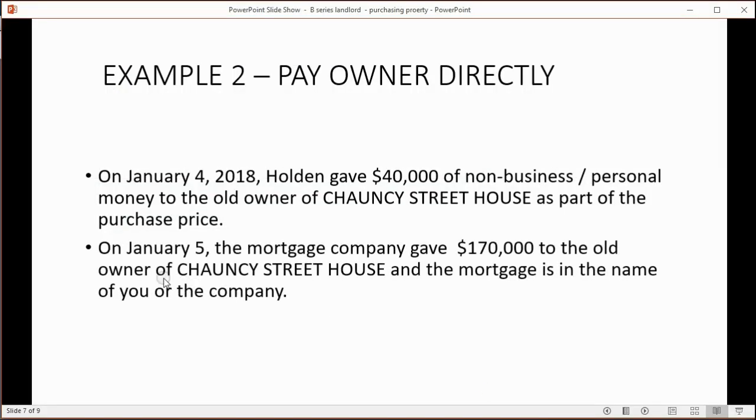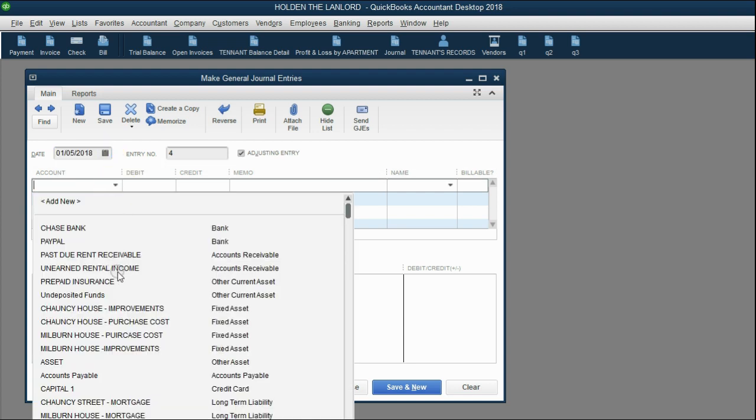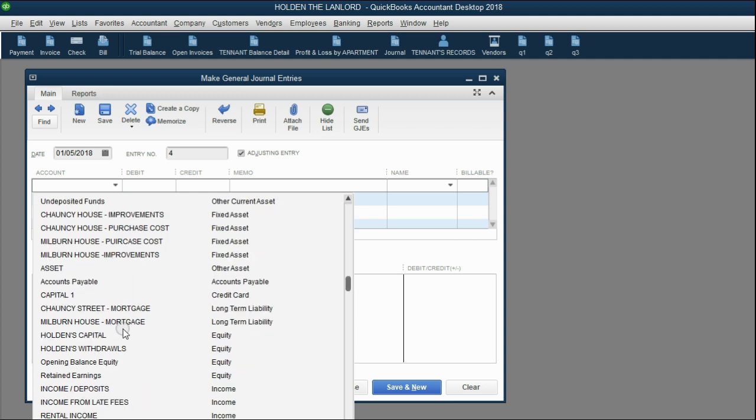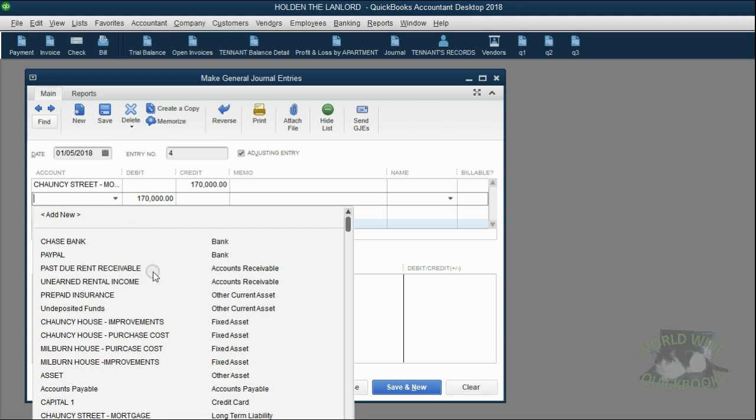Now, on the next event, January 5th, the mortgage company gave $170,000 to the old owner of Chauncey house, and the mortgage is in the name of you or the company. So in other words, you borrowed a mortgage, but the money from the mortgage did not first go into the company bank account so you can write a check. The money went directly from the mortgage company to the old owner for the purchase of the house. So the way to do that is another journal entry on the day that it happened. And of course, the mortgage here's the long-term liability. The mortgage on Chauncey Street starts off as a credit balance of the amount that the mortgage company gave the old owner, $170,000. And of course, the debit in that case would be the purchase cost